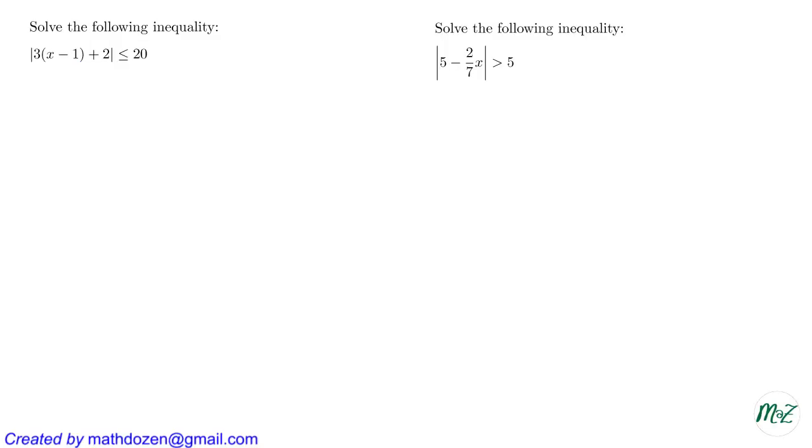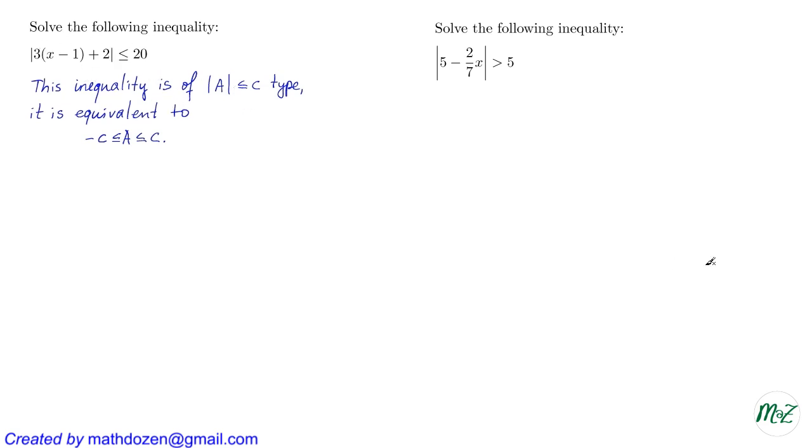Starting with the inequality on the left, we note that this inequality is of the absolute value of some algebraic expression being less or equal than a constant type, and such inequalities are equivalent to the compound inequality, where you have that algebraic expression being less or equal than the constant or being greater or equal than negative constant. So in our case, the algebraic expression is everything that we have inside of the absolute value,